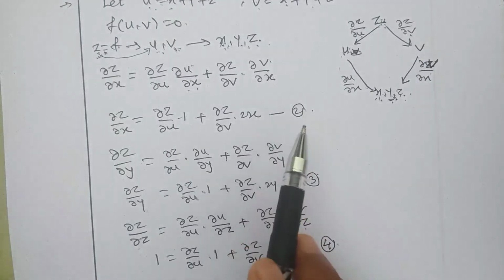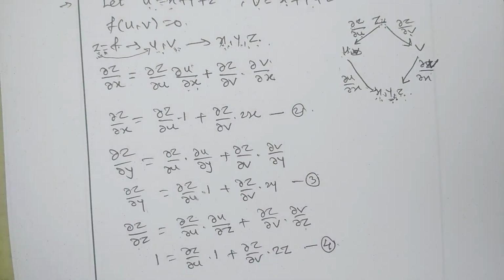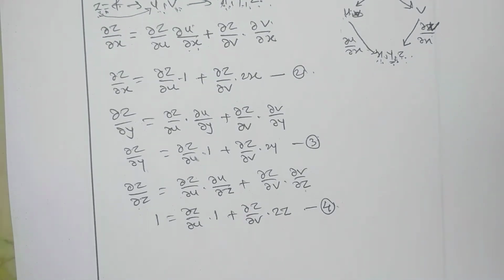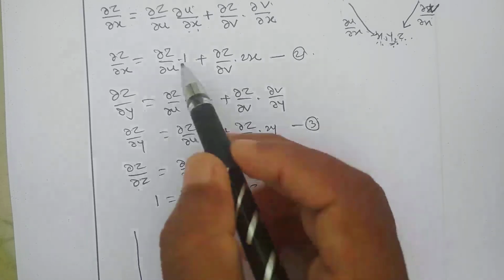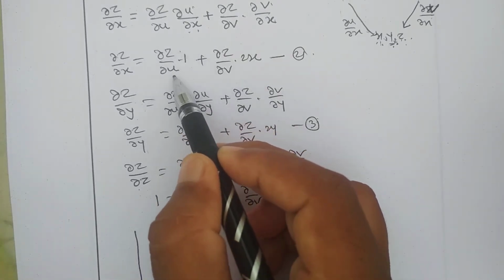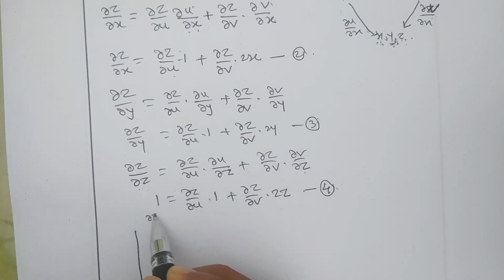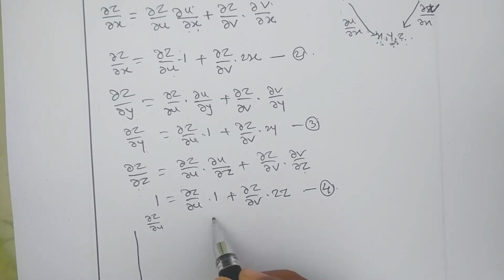Now by using these three equations, we have to find the answer. So how to find the answer? See, I am going to use the determinant method. So for that, I am going to write here a determinant. Now I am going to write the coefficient of ∂z/∂u in the first column. Second column, ∂z/∂v, that is the second column. And the third column having terms different from ∂z/∂u and ∂z/∂v. So you will get the determinant.